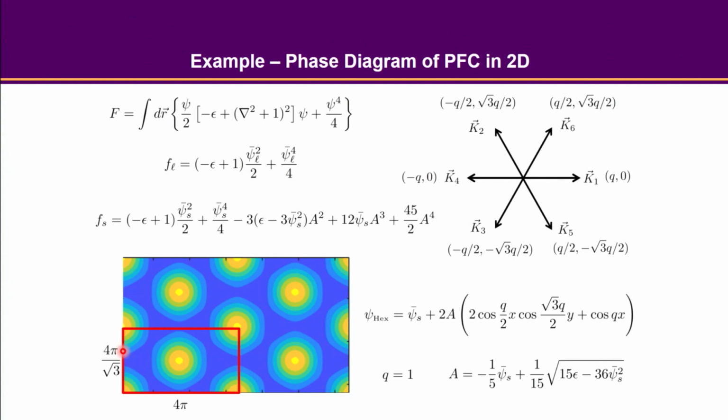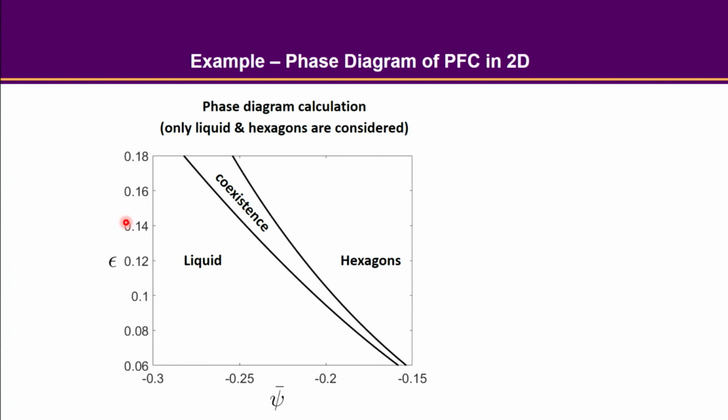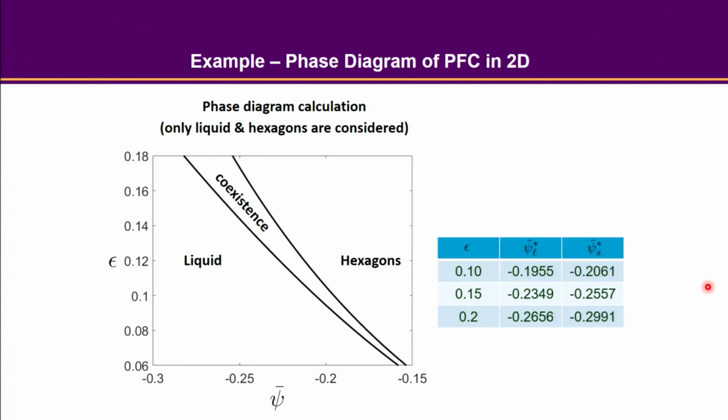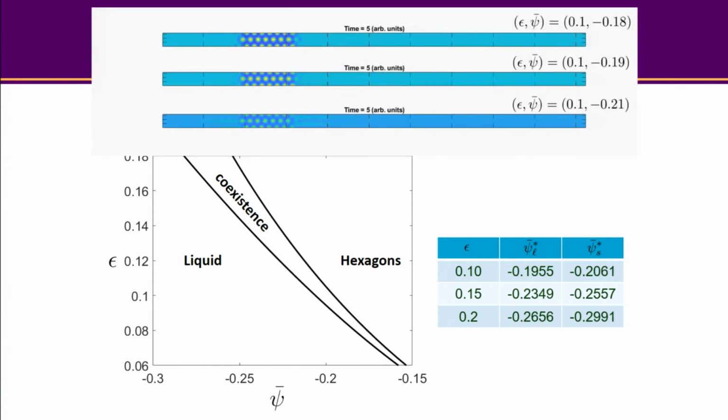All right, so with all this calculation, you have the liquid density and the solid density, then you can do a common tangent construction, right? This is also a result that you can double check in the afternoon. But what I'm going to show you here is that when you do the calculation, you are going to get several numbers and have all those phase boundaries determined. So here, just to show you one example, if I go along epsilon equal to 0.1, and I'm choosing different densities like negative 0.18, that will be somewhere here, right,